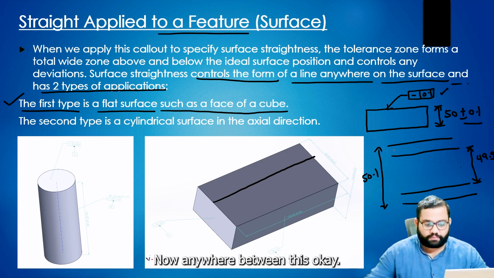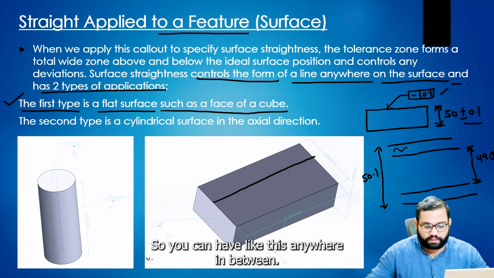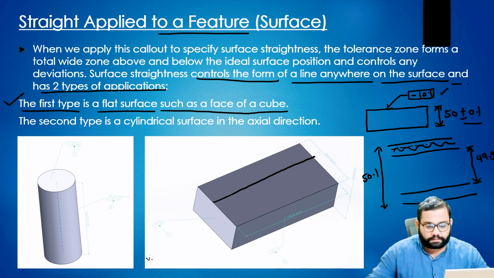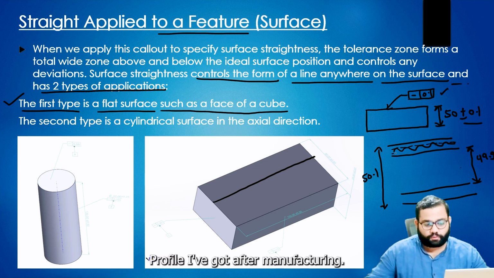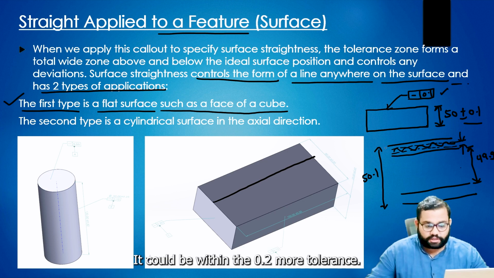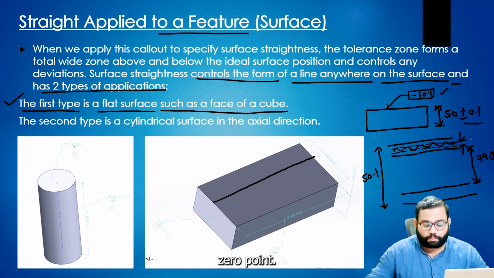Now, it can be anywhere in between, like this. But the peak and valley of the profile after manufacturing should never be more than the geometric tolerance. It should be within the 0.2 mm of tolerance, and the peak-to-valley should always be within 0.1